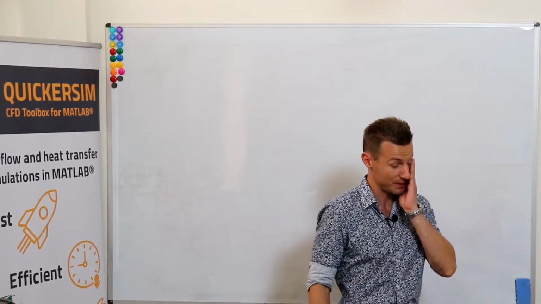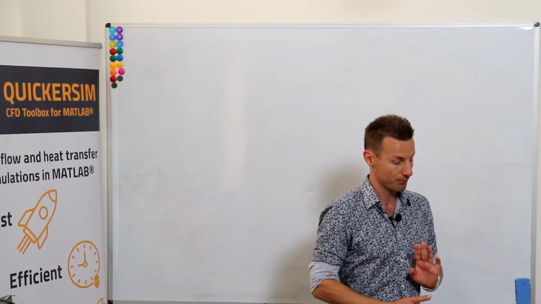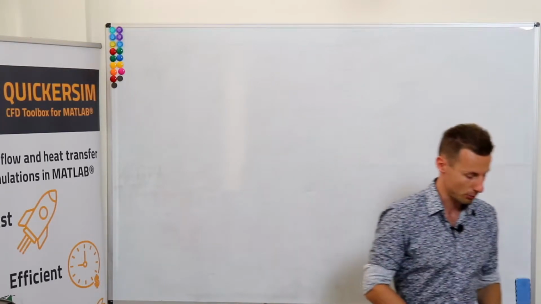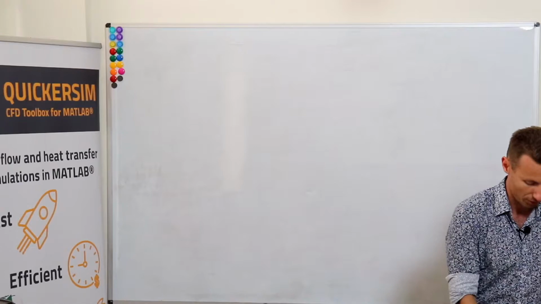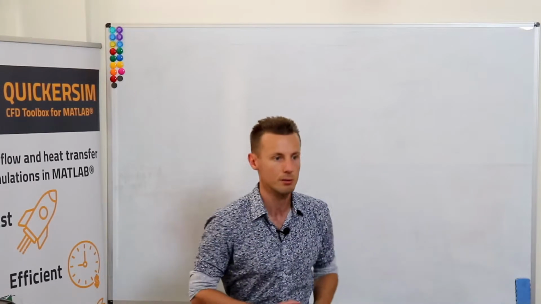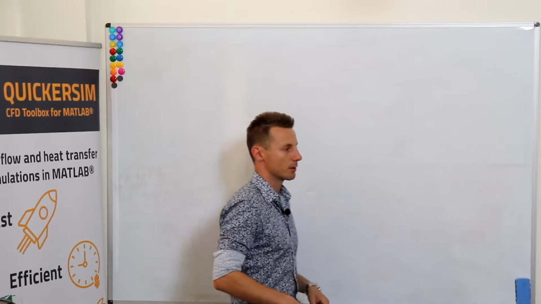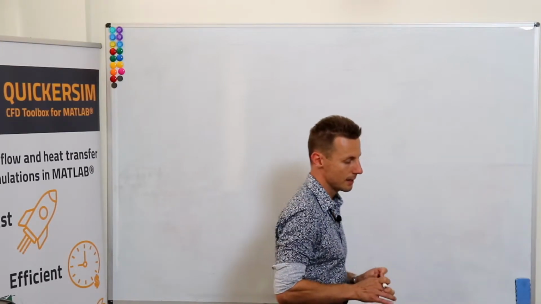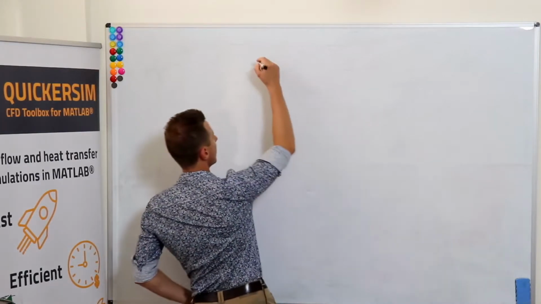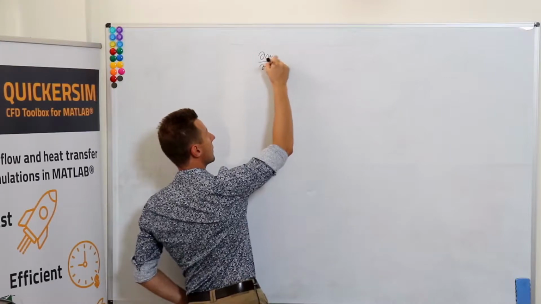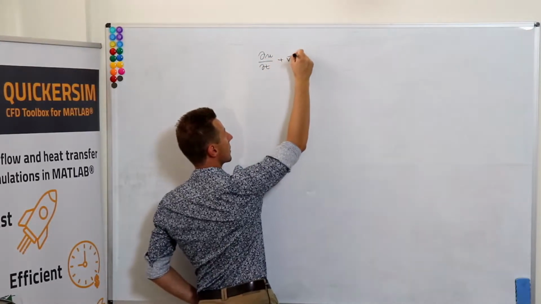Recently, we finished with heat transfer through conduction. So right now we are moving to the convective heat transfer. And I will refer once again to the general form of the conservation law that we have seen recently. And as you might remember, we had something like d/dt plus the divergence of